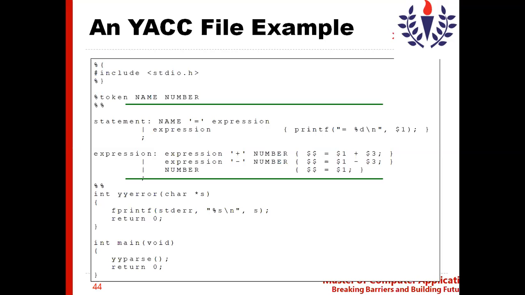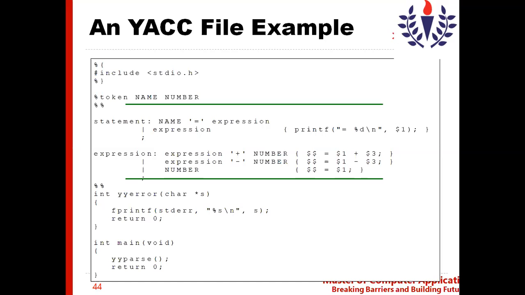So you can represent the start symbol by using the %start keyword. The %start keyword will tell you which non-terminal symbol we will be starting with in our grammar. That is optional. If you would like to introduce it, you can introduce it. Otherwise, you can straight away give the non-terminal symbol.